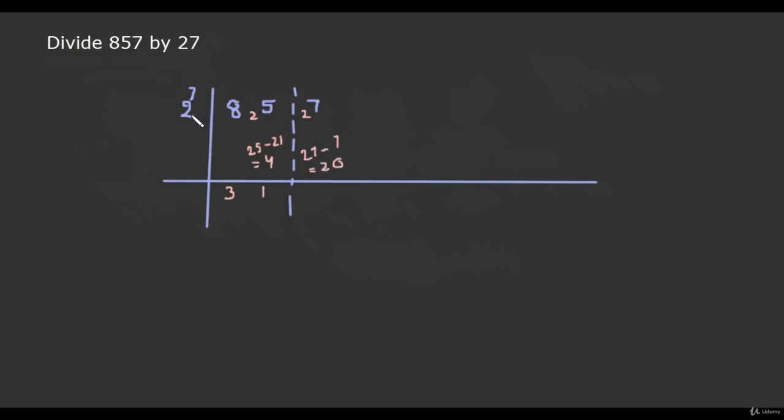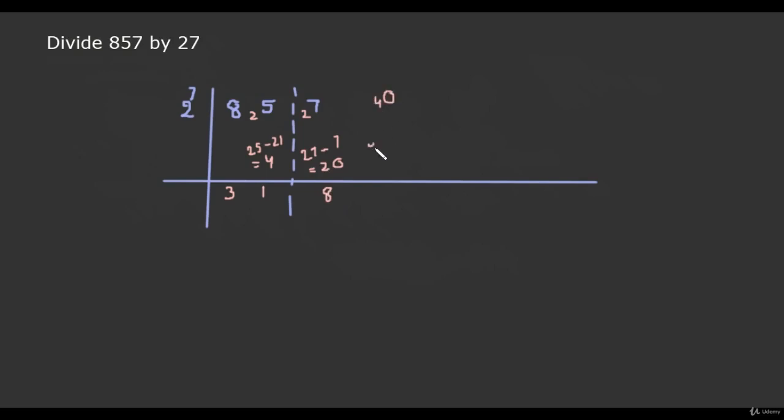Now the maximum number of times 2 can divide any number is 9. So if we place 9 over here, the remainder is 2. If the quotient is 9, then the remainder is 2. So we get 20. But from 20 we cannot subtract the product of 7 and 9, that is 63. So it is not possible that 2 will divide 20 9 times. So 2 will divide 20 8 times. If 2 divides 20 8 times, 16, so the remainder will be 4.